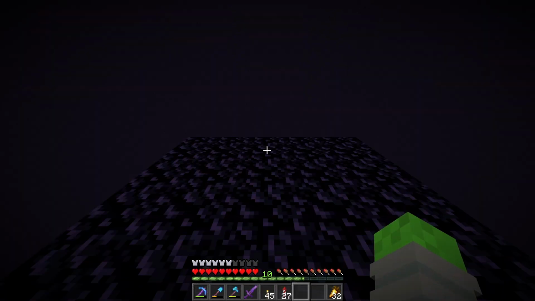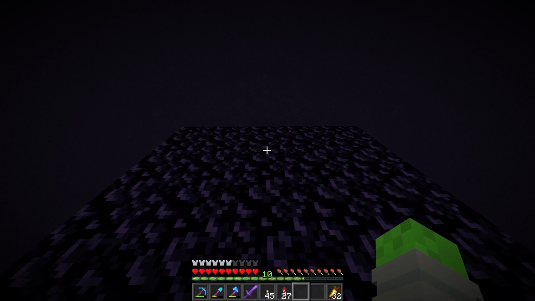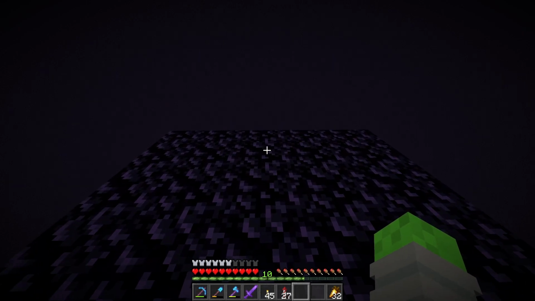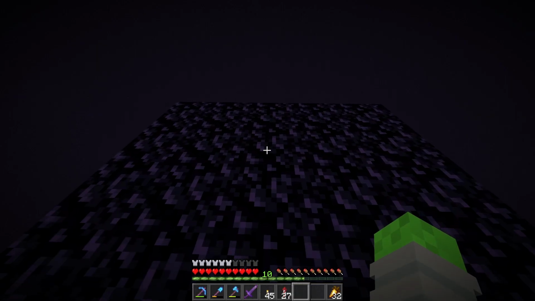And you gotta be kidding me. You gotta be kidding me. So I had my shulker boxes and my ender chest on the obsidian platform here, and I had to go back to the overworld to grab a crafting table and a stone cutter, and when I came back through...